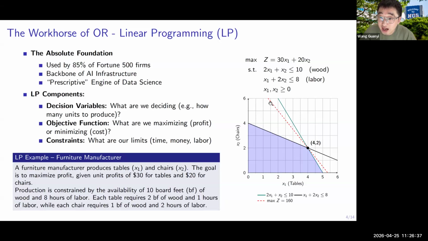If you check the slope or the direction of this red dashed line, you might realize that it is nothing but 30 with respect to x1 plus 20 with respect to x2. Okay, so the direction of this red dashed line, if you have taken analytical geometry, is the orthogonal direction of this red dashed line. Okay,